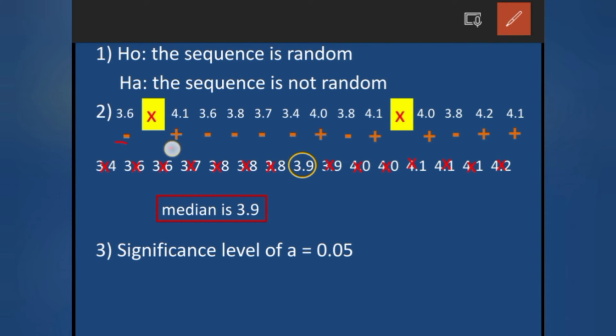One, 2, 3, 4, 5, 6, 7, and 8. So, there are 8 runs. At bilangin din natin